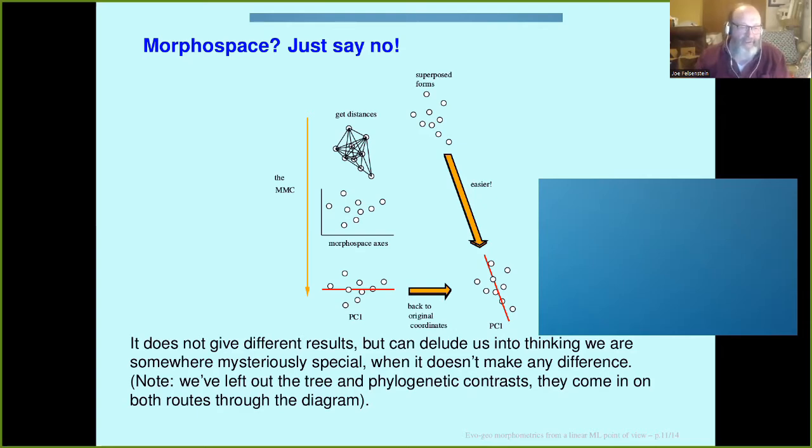I think so far, third heretical thing to say. First, leave size in. Second, watch out. Principal components are not necessarily the best way to go if you can have any kind of model of what the forms are doing. And the third one is morphospace. Well, we don't use it.